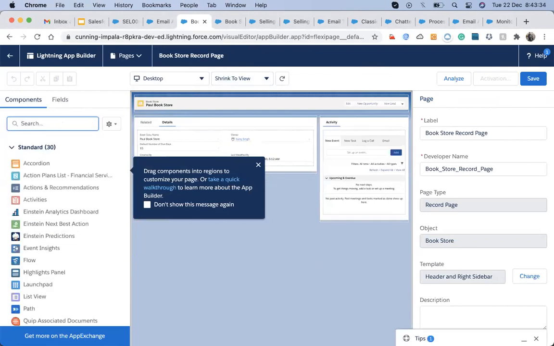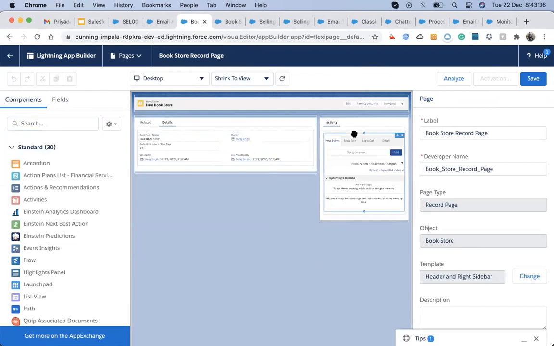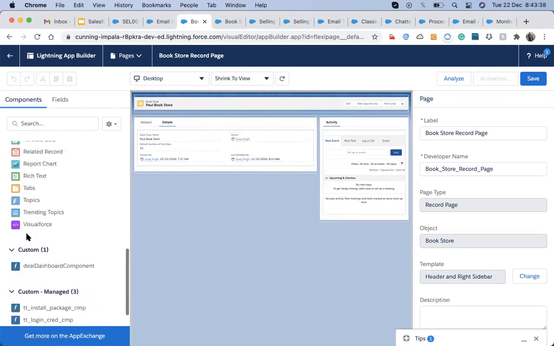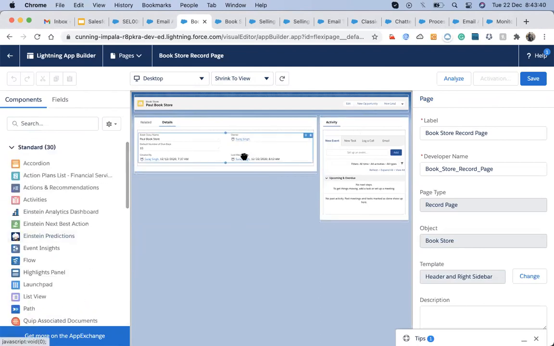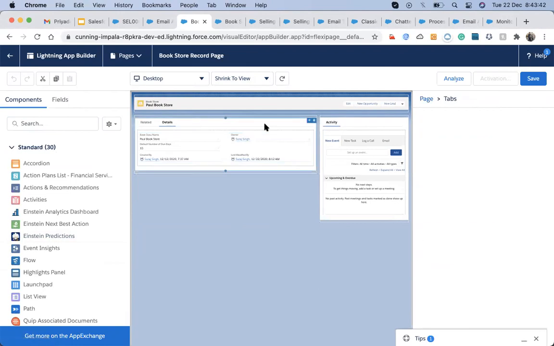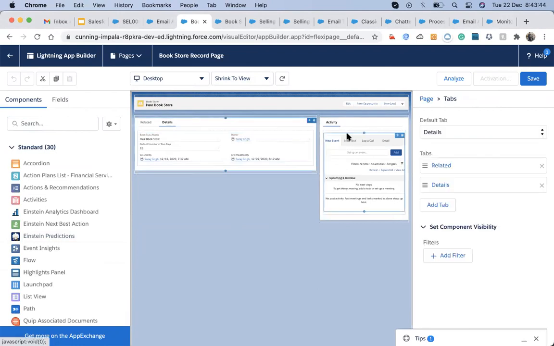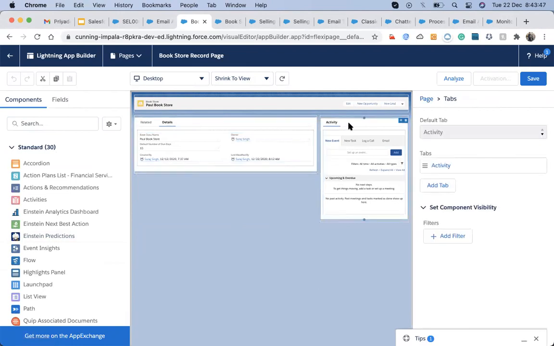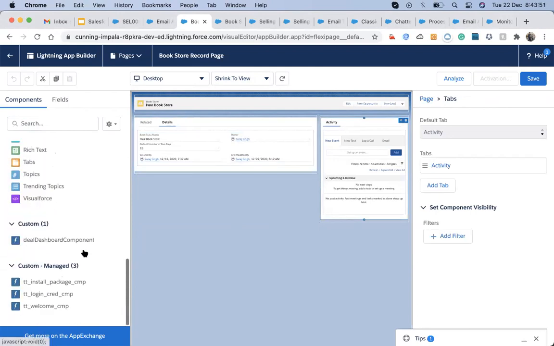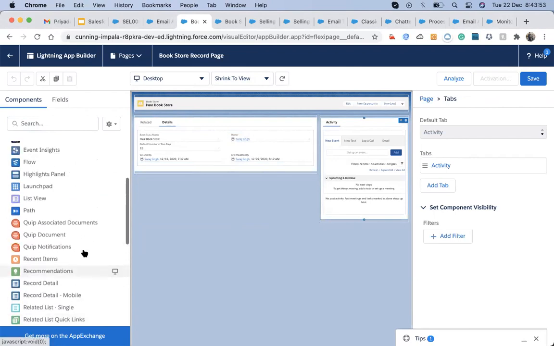It's not showing up here. That's the only thing that I need to do.